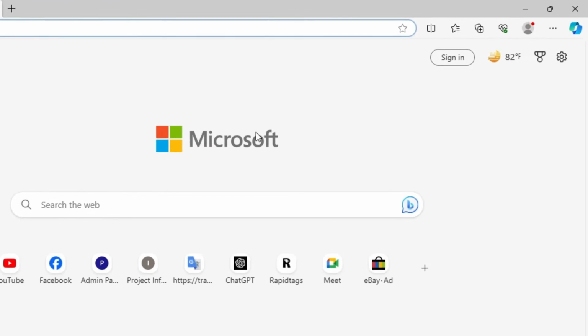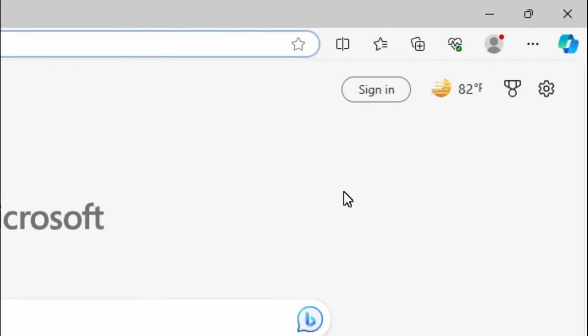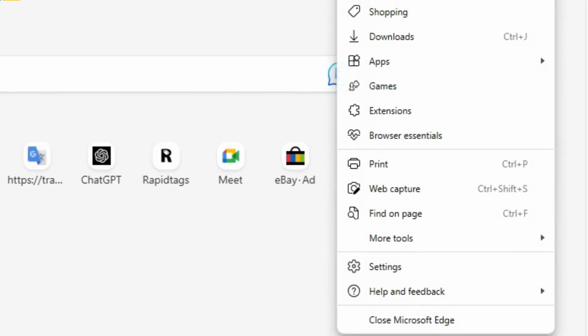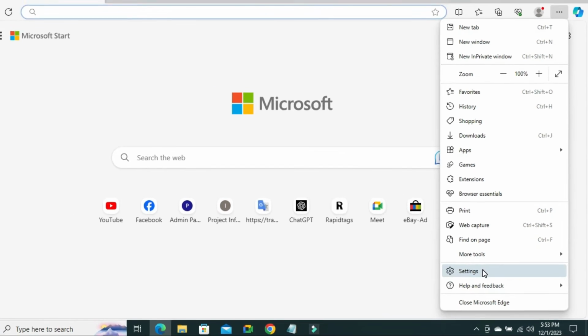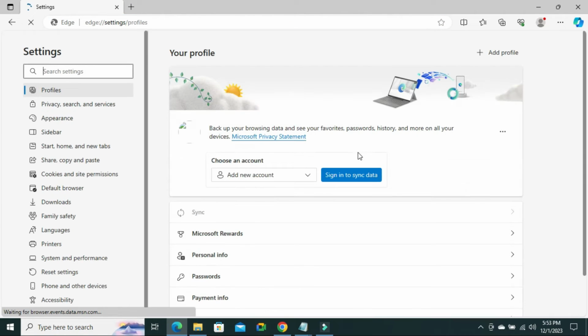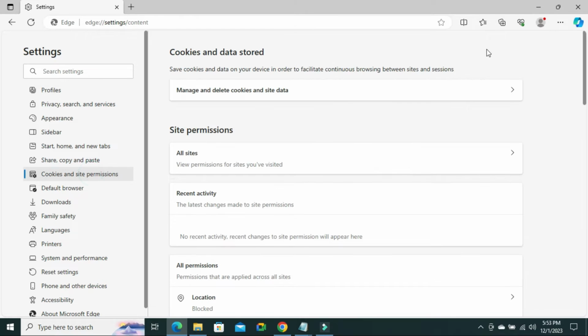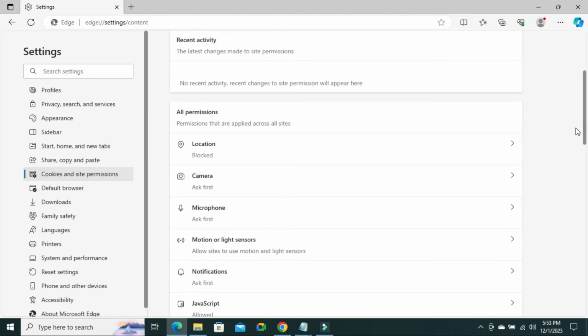To turn on location service on Microsoft Edge browser, click on the three dot icon on the upper right corner, click on settings, click on cookies and site permissions, scroll down. Under all permissions, you will find location. Click on location